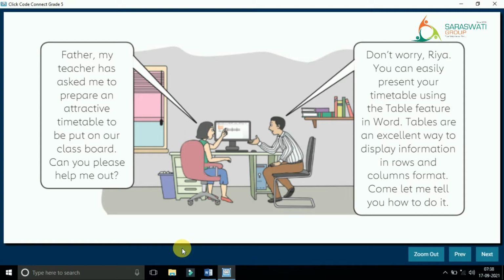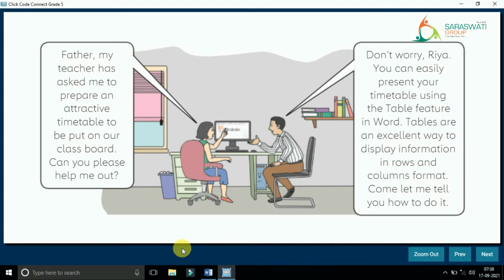Now, as you know that I have opened Word 2016, now you have to pay attention in the textbook, right? As you can see here, there is a conversation between a father and a daughter. What is that conversation? Can you read it? It's there in your textbook.